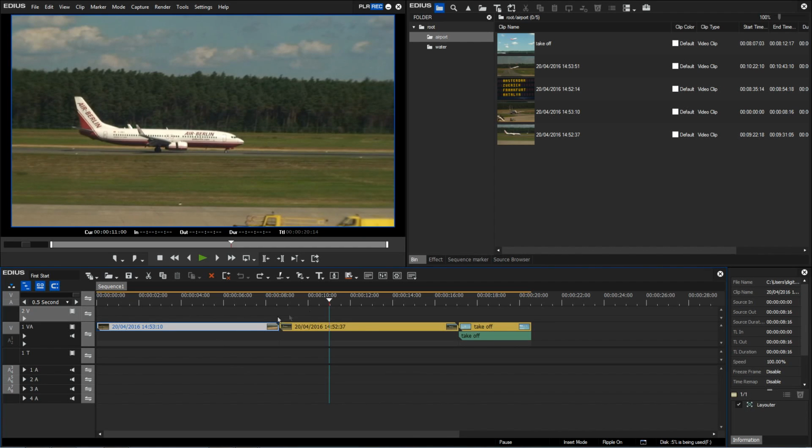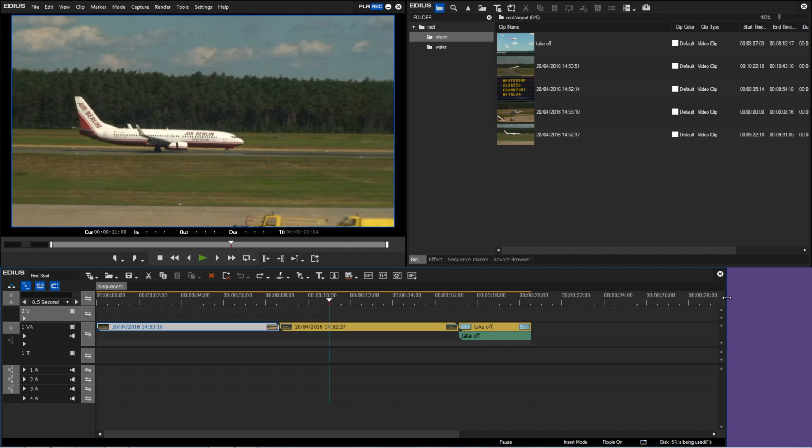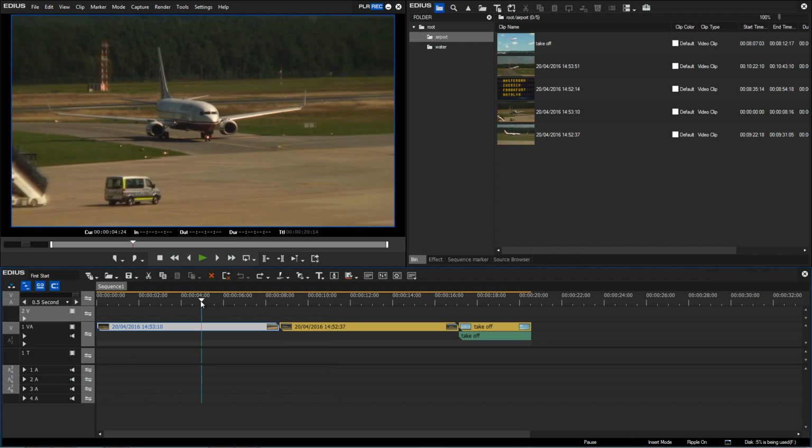Because I am working in the timeline a fair bit, I'll hide the info palette and increase the size of the timeline. As we have seen before, I can show the info palette whenever required here. Right now, I'd like to work on the first clip. When I play it,